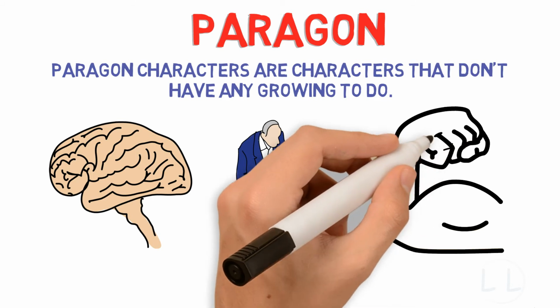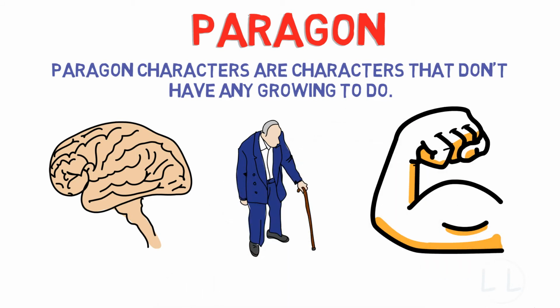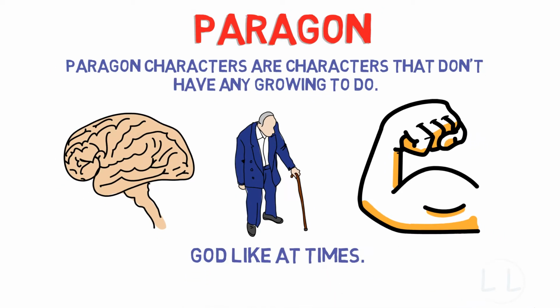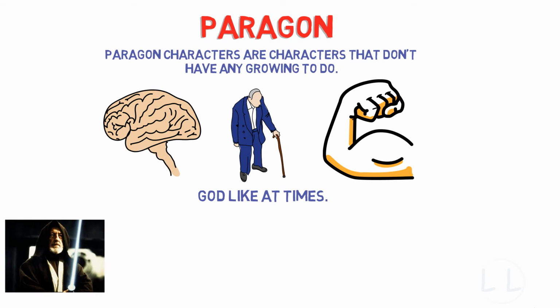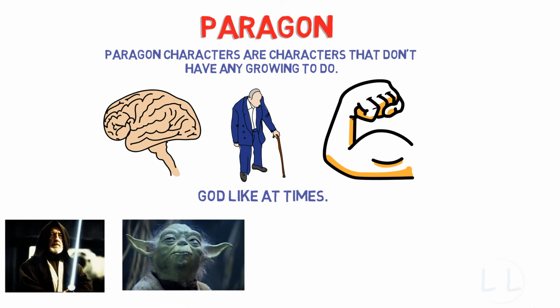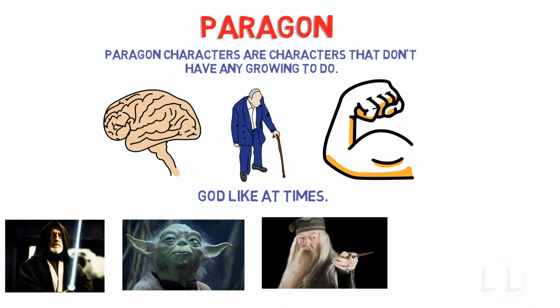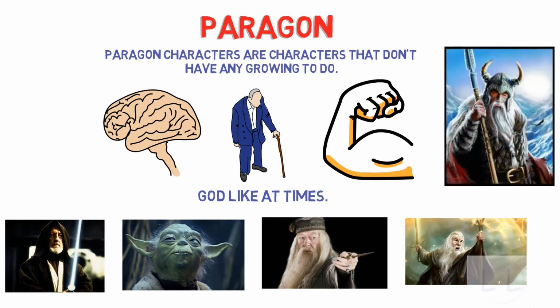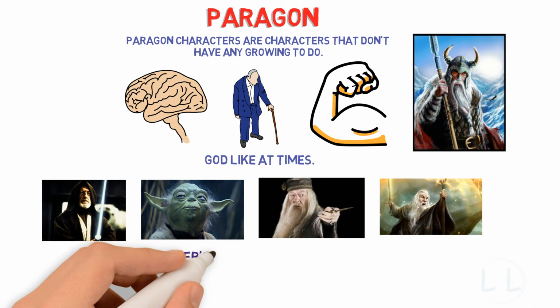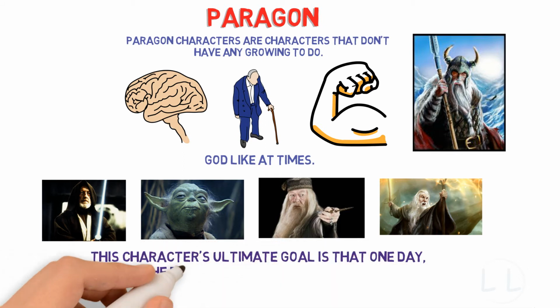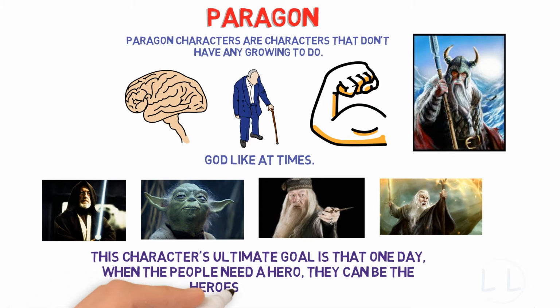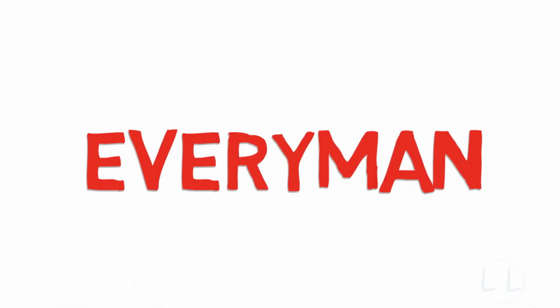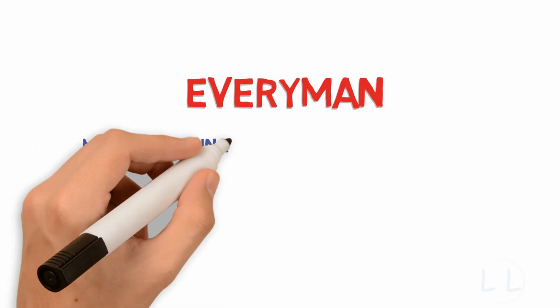They have powers beyond any other, but they use those powers to help the Everyman on their journey. They're godlike at times. A great example of these characters is a Jedi Master, or one who is all-knowing with the Force around him, a man who will sacrifice everything for the greater good, or a wizard that will guide the Fellowship, or just watch over you and guide you. The character's ultimate goal is that one day, when the people need a hero, they can be the hero themselves. Okay, let's move on. An everyman, an ordinary individual with whom the audience or reader is supposed to be able